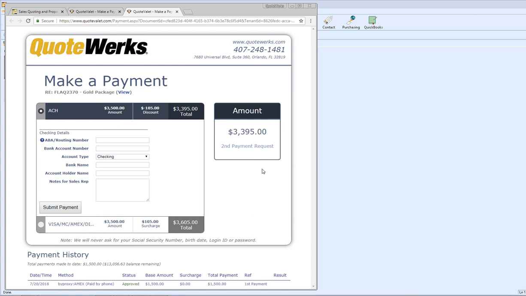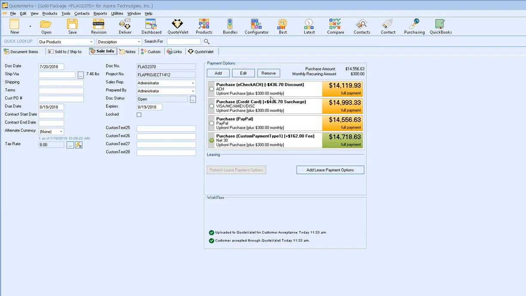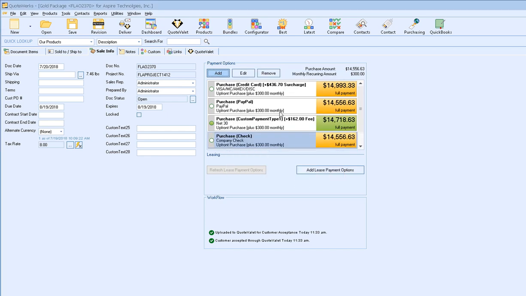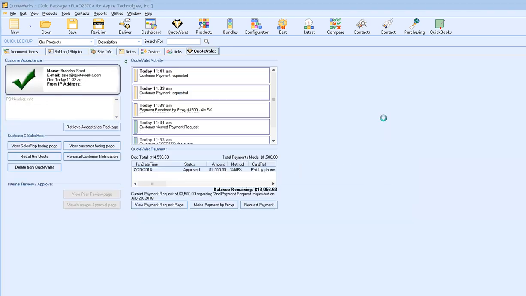Now, we've discussed how you can take away a payment option. If you want to add a payment option, it's going to be very easy. You simply need to go to the Sale Info tab and add another payment option. So for instance, if the customer has said they want to pay by check, you can choose Add, select Check, and we'll just clarify that it needs to be a company check and click OK. And then that will add the payment option of check, and then we can go to our QuoteValet tab here,